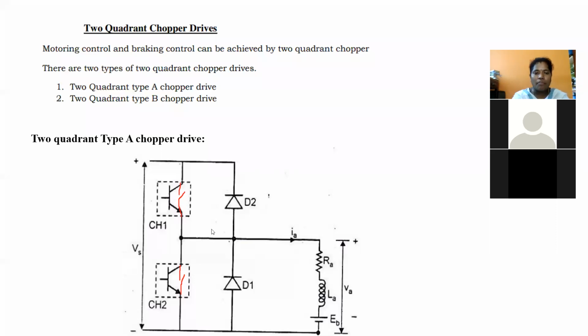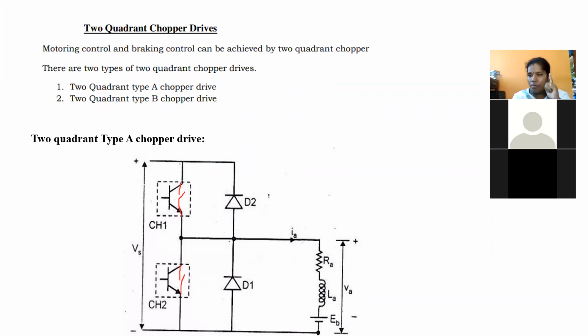And with the help of this point, you are going to connect a DC motor. In this DC motor, with respect to EB, the connection is given here, and the voltage is VA, that is nothing but the output voltage of the corresponding chopper circuit. You have to analyze, first of all, when chopper 1 is operated, is there any possibility of getting output voltage? You have to explain four cases here.